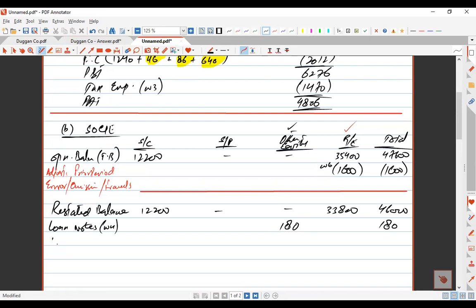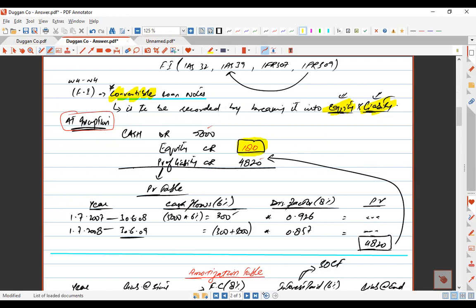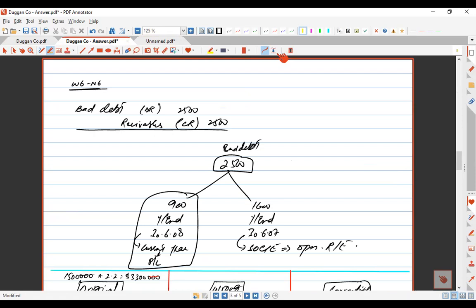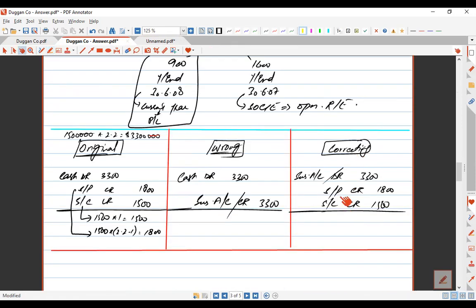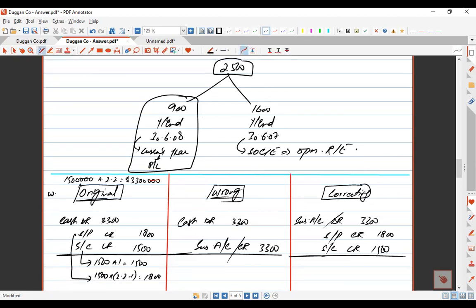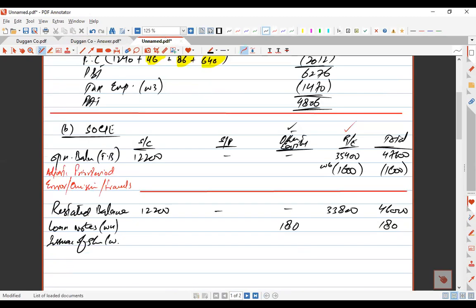Then what next is there? Remember, issue of shares in working number 7, when the adjustments were taken to suspense account and we corrected that amount, resultingly share capital and share premium were credited. We didn't mark the working over here, so I'm marking working 7. So share capital and share premium recorded over here should be reported to changes in equity. Share capital with an amount of 1,500, premium with an amount of 1,800, and total amount of 3,300 is written in the total column.